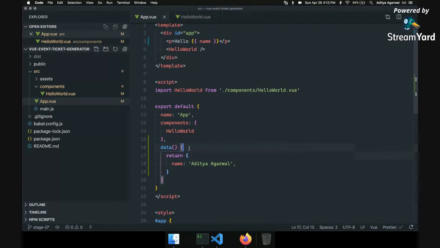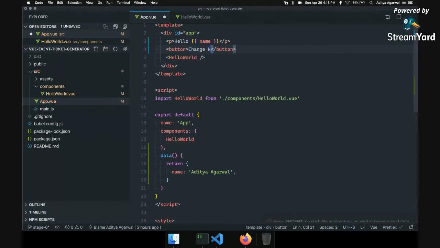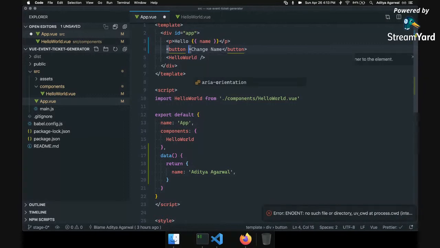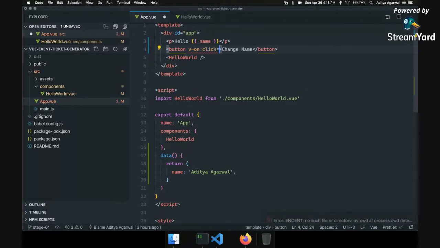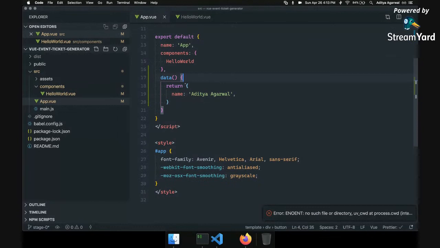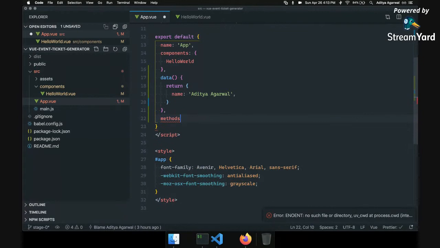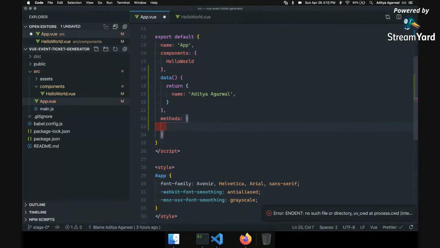So this is what I'm talking about. Say you have a button, change name, and what you can do is say v-on:click, and you can say that this is a function, so changeName. Then below data, you would have to say methods, and you can say that changeName is the method.